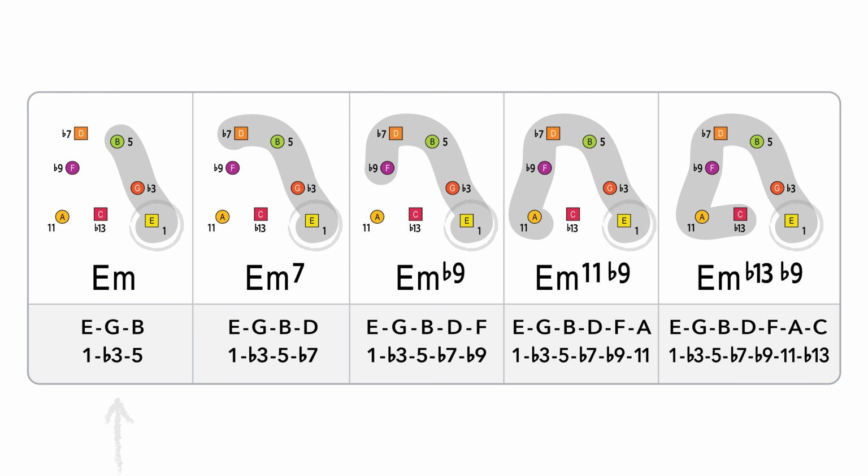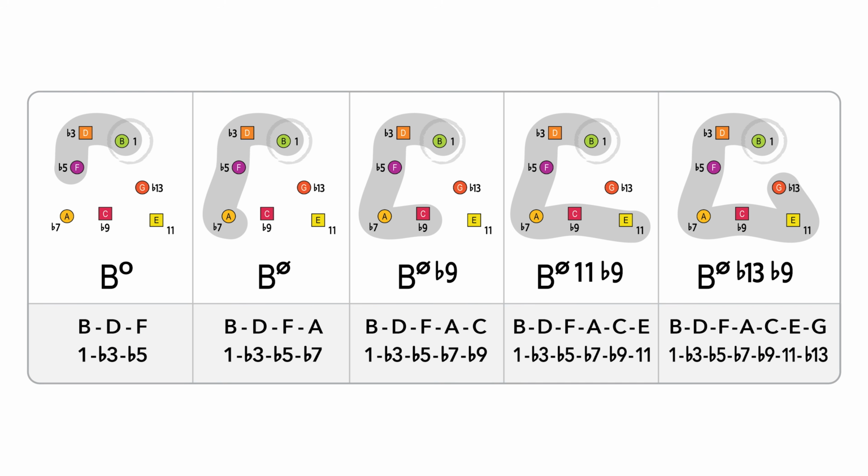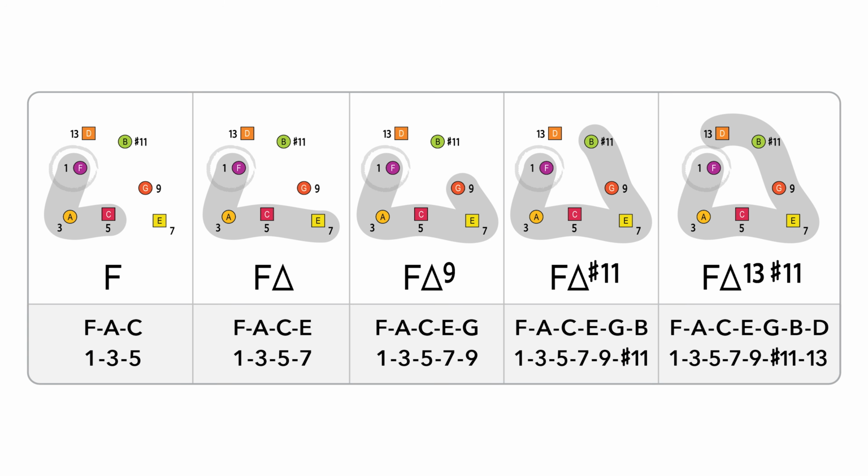Starting on E, we get E minor: E, G, B; E minor 7: E, G, B, D; E minor flat 9: E, G, B, D, F; E minor 11 flat 9: E, G, B, D, F, A; and E minor flat 13 flat 9: E, G, B, D, F, A, C. Likewise, starting on G, these chords are formed, and so on, following the same process, going all the way around